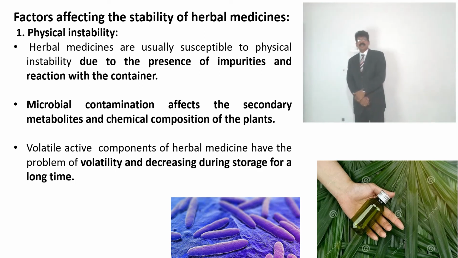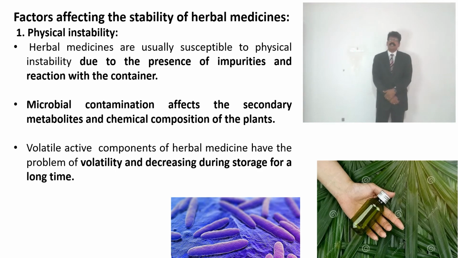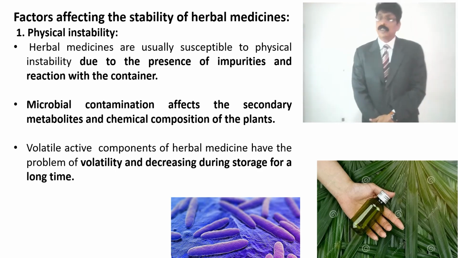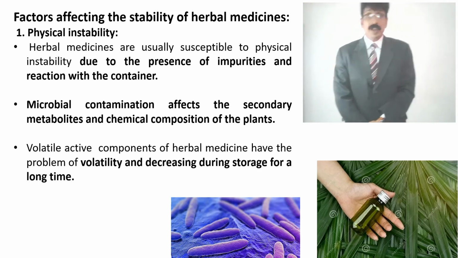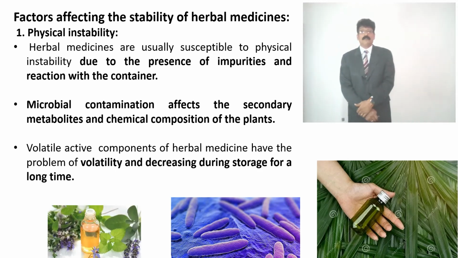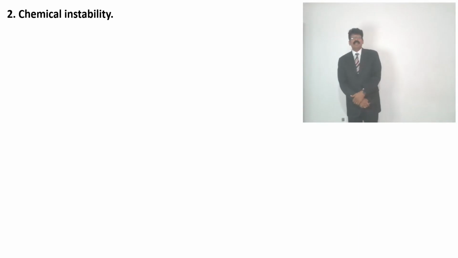So you can see the volatility will decrease because of temperature and climate, and the components may easily volatilize in the product, so the complete stability is disturbed. That's why it's also a major factor affecting volatile principles. And then when you come to chemical instability,